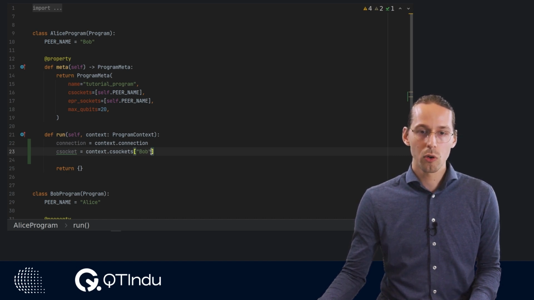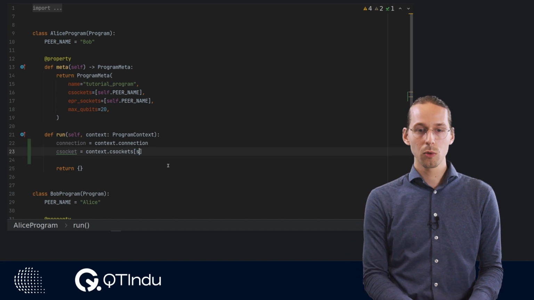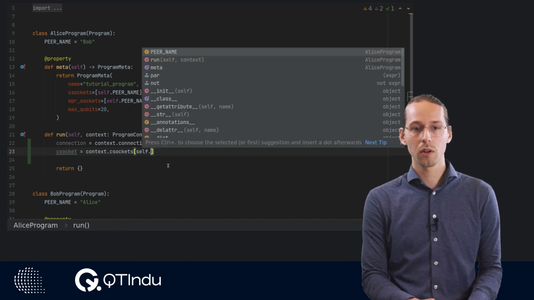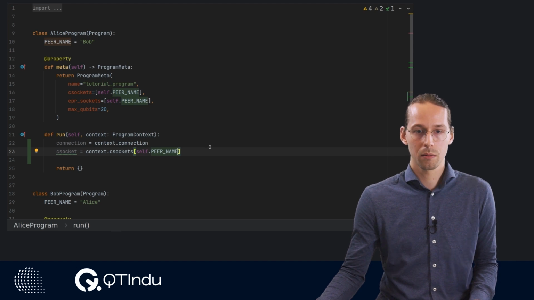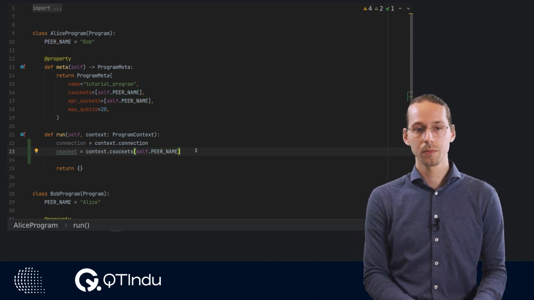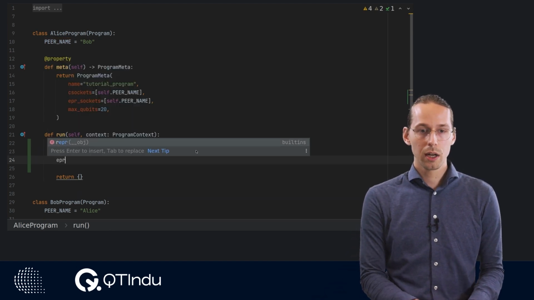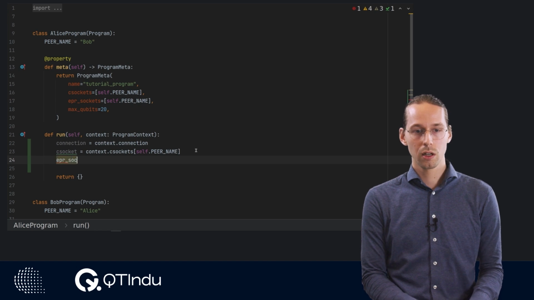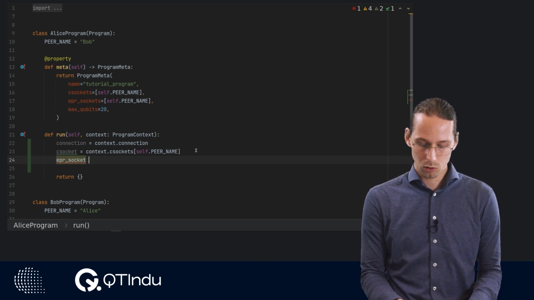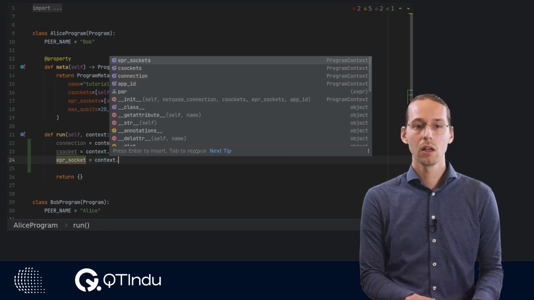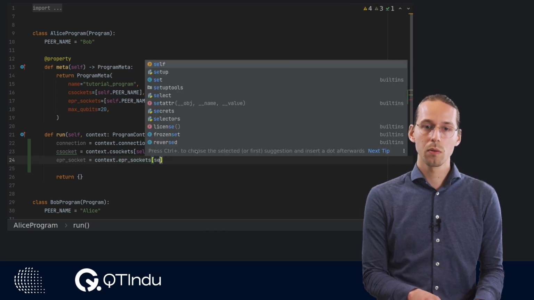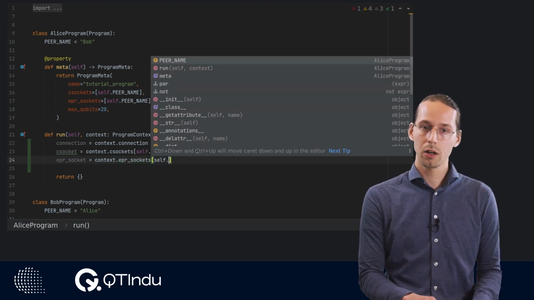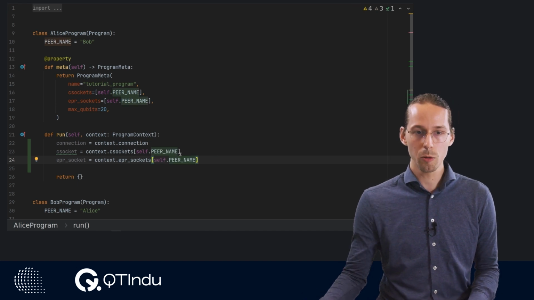But in order to avoid typos and make the code more reusable, we will be using this self.peername class variable, in order to make this a little bit easier for us. Then lastly, you can get the EPR socket from the context. This is similar to the classical socket. We need to pick out the correct EPR socket, in this case to Bob.